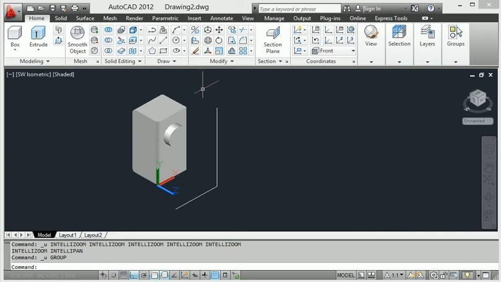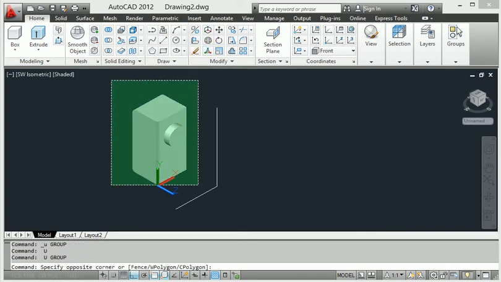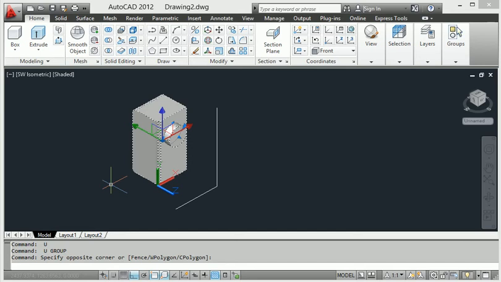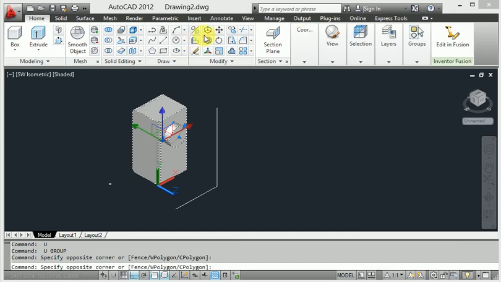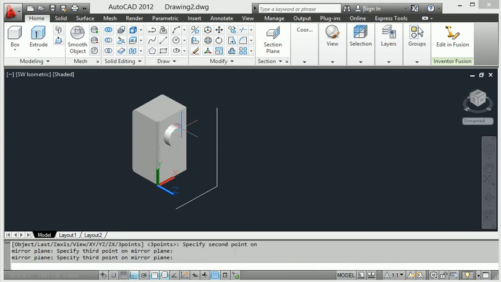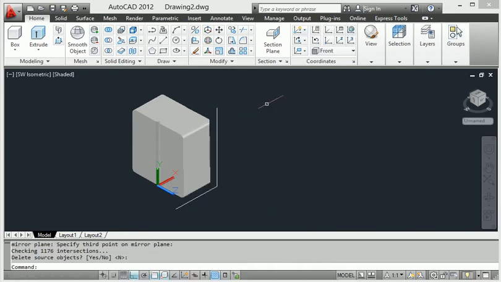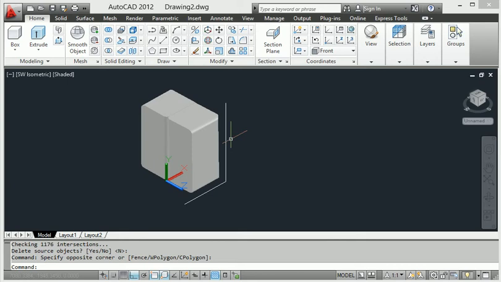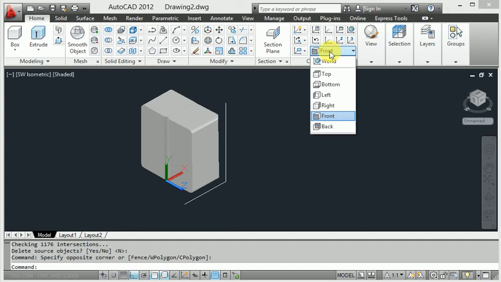When I go to mirror again, I select this whole component. Then I apply the mirror from this point to this point, and also enter this point and enter here. So it is very easy to mirror in AutoCAD 3D design.